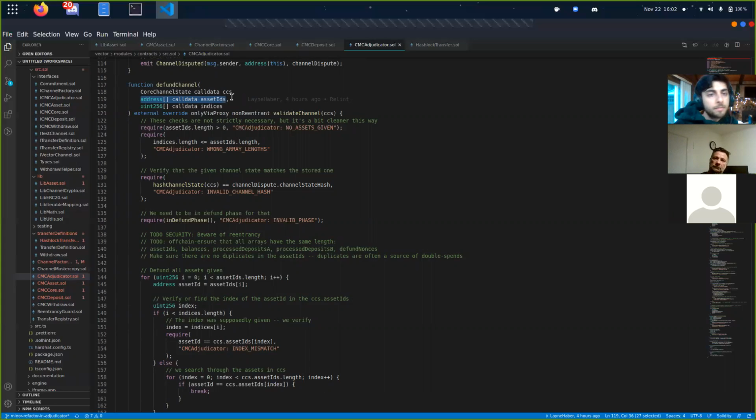The second reason for this is that there is a case where Bob sends funds to this channel contract. Because Bob sends funds simply by sending them to the address, if Bob has sent a token that has not yet been reconciled with the off-chain state, i.e. it's not a part of the asset IDs within the off-chain state,